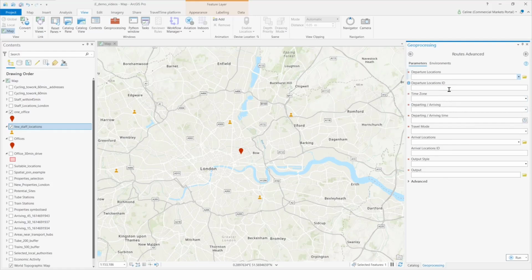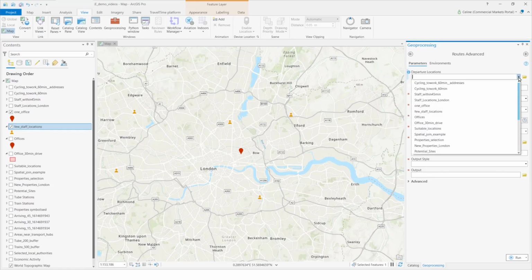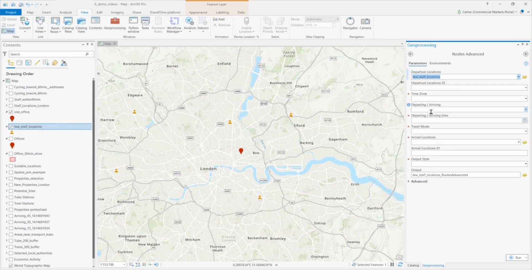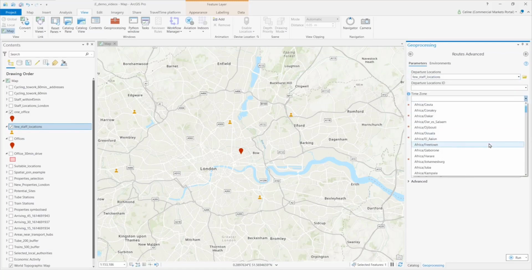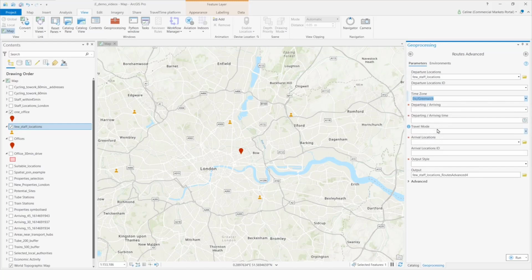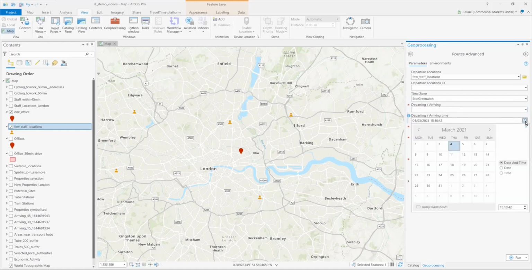So that brings up this window where we have to fill out a bunch of parameters. The first question is, where do you want to depart from? And this jumps into a drop-down list of all of the content layers that we have. Well, we want to depart from the staff home addresses, so I'll select that layer. It's also important to not get your time zones wrong, so going to England. And here is an option of choosing to schedule it so that we're departing or arriving at a given time. So this makes more sense if you look at the next question where it asks you to select what time and date you want to